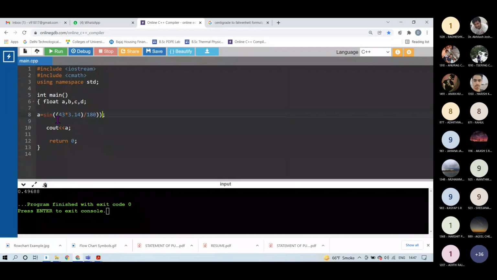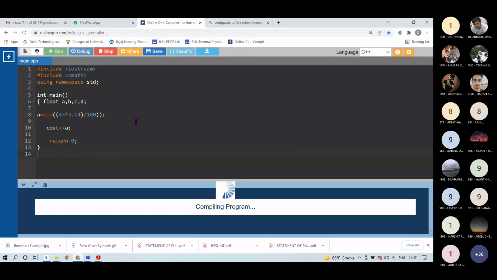Like in this case, this is the value of 43 degrees in radians, 43 into 3.14 divided by 180, and the whole bracket is the argument of the sine function. So this A is now equivalent to sine 43 degrees.